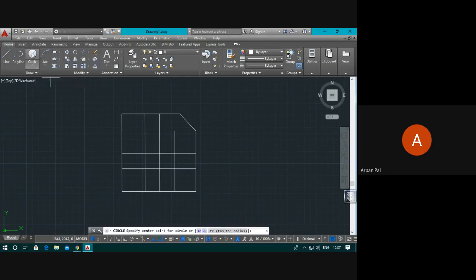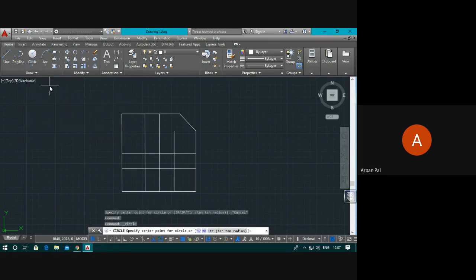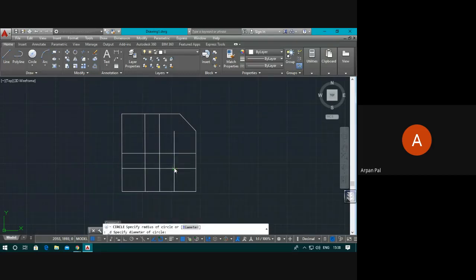This one, one click. So in the drop down menu, you will observe there are different types of options available. If you take the center and diameter option, then at once you will directly get the diameter. Here 20 is given. Take this point, move your cursor. OSNAP mode, all things are switched on. Move your cursor here.